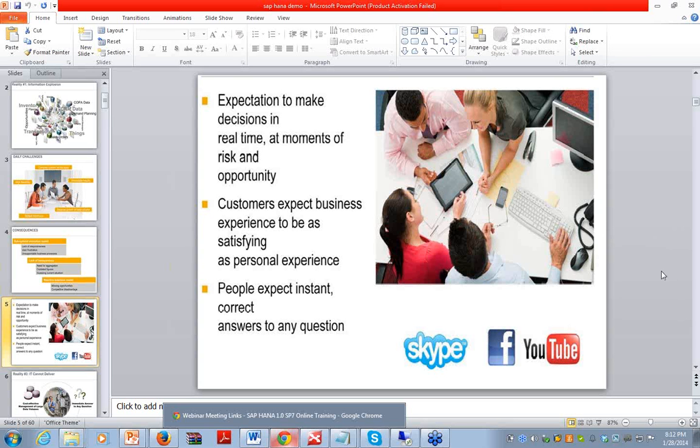So customers expect the business experience to be as satisfying as the personal experience. People expect instant, correct answers to any business process. Now, whatever the traditional databases, whatever the traditional tools the enterprises are using as of now,